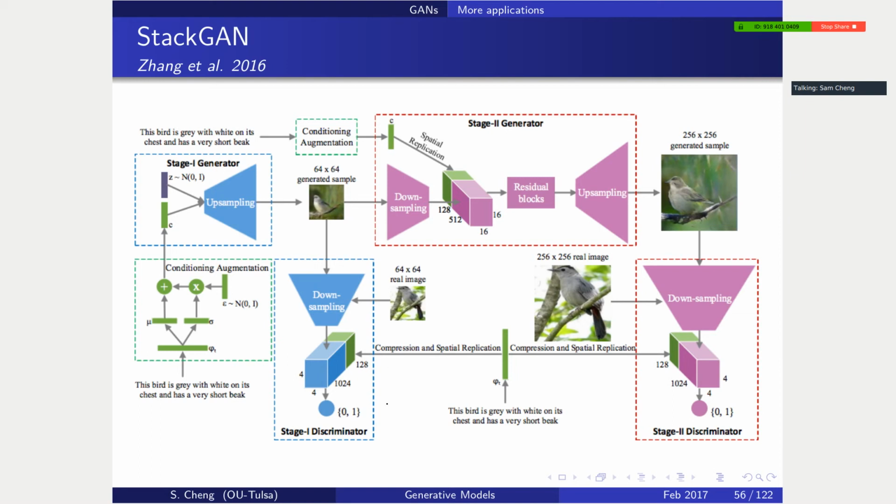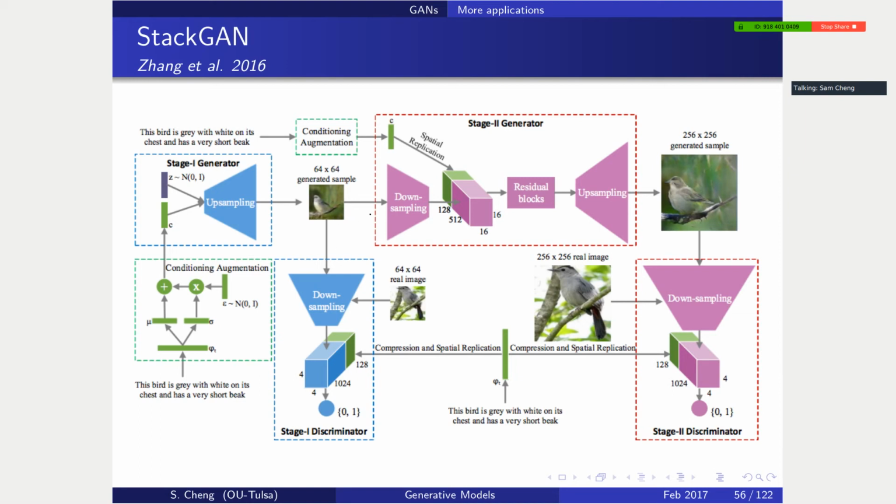For example, for this image here, first you do some word embedding, so the sentence becomes a word embedding vector, then you can go through some layers here and combine. Once you have this generator, I guess there should be lots of details to get into, but in this particular work